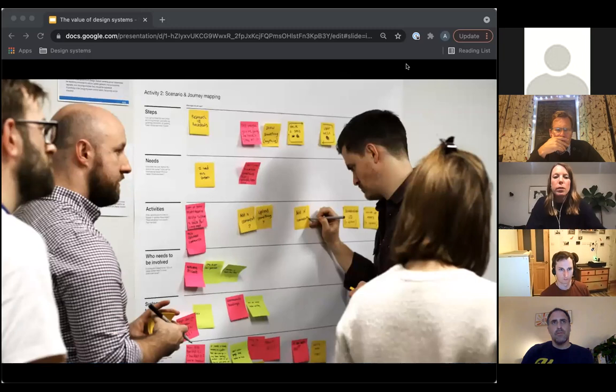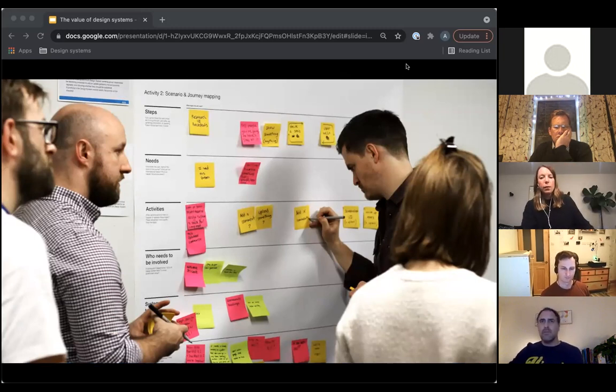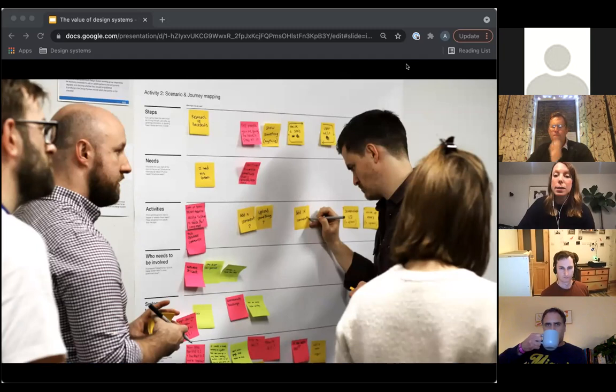So to make sure that the design system incorporated all of the latest research and design and development work from across government, it also has an open contribution process, which means that anyone in government can contribute to it. Actually, anyone outside of government can contribute to it too, but primarily it tends to be people working in gov. And so to support that process, the gov.uk design system enlists the support of a cross-government working group